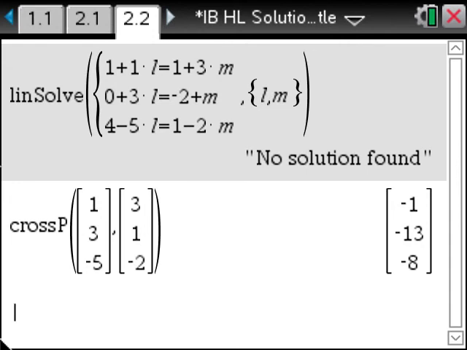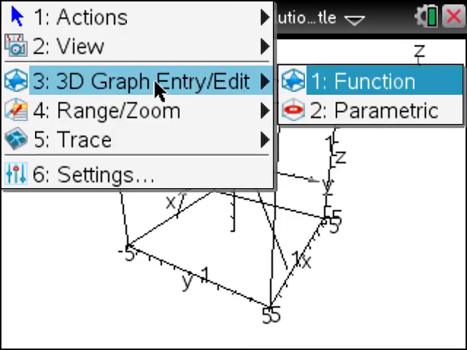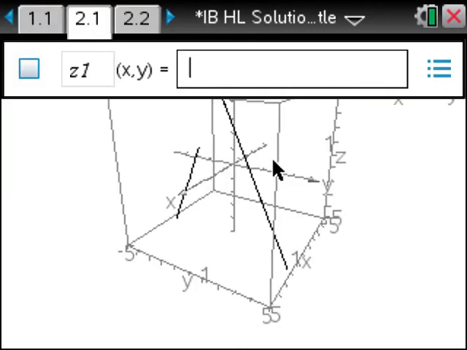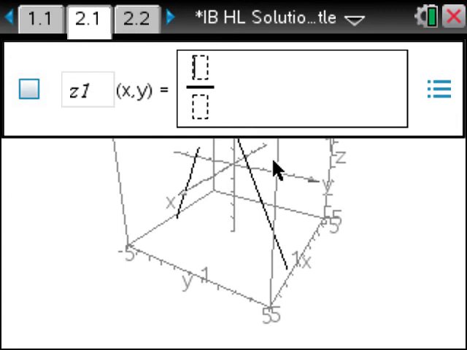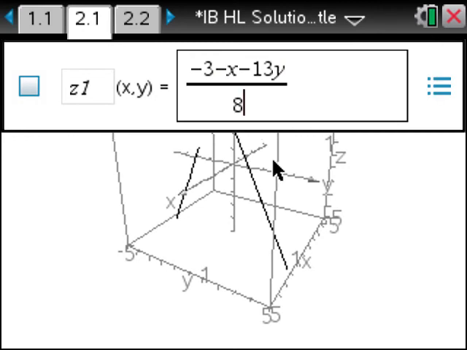When we get a view of that plane, we can go back to the diagram which has our skew lines. We'll have to change the menu back to function view, and what I'm going to do is set up a fraction template. The equation of my plane is x plus 13y plus 8z is equal to -3. So I can do -3, subtract off x, subtract off 13y, and divide it all by 8. When I press enter,